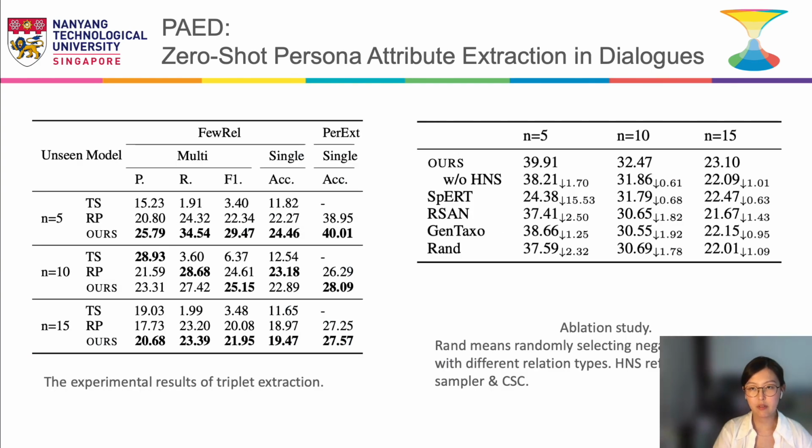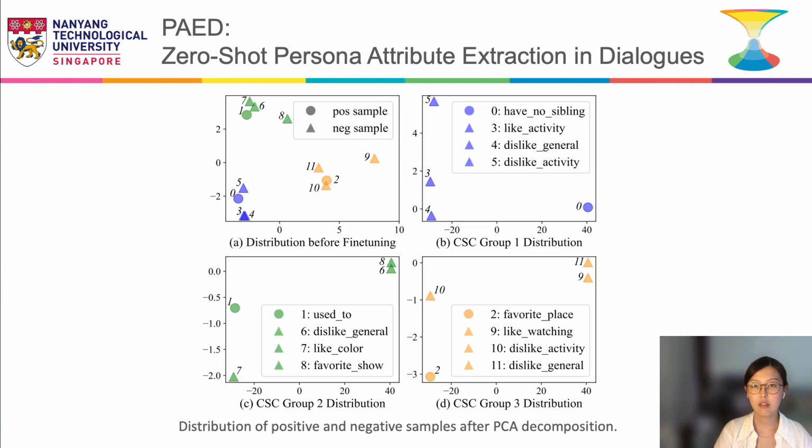The experimental results suggest that our PAD framework outperformed the strongest baseline in most indices, and our meta-V sampler with CSC showed better performance than other negative sampling strategies. In the figures, there are three groups in three different colors. In each group, there is one positive sample and three negative samples. We can see that before applying meta-V sampler and CSC mechanism, the positive sample and negative samples are closely located within each group. This makes it difficult to differentiate the positive and negative ones.